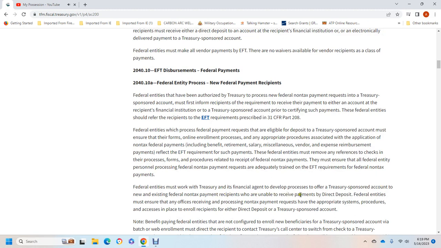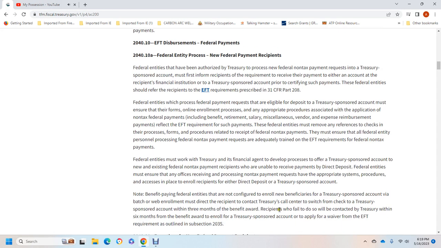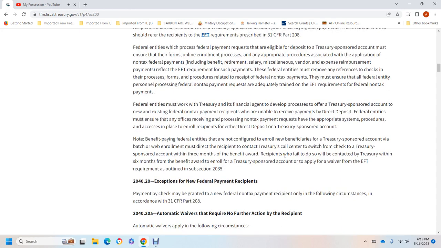If the recipient is unable to receive the payment by direct deposit, the federal entity must ensure that any office that receives applications for non-tax payments has the appropriate systems in place to receive the information and enroll the recipient in direct deposit or a Treasury-sponsored account. For benefit paying federal entities that are not reconfigured to enroll new beneficiaries in a Treasury-sponsored account,